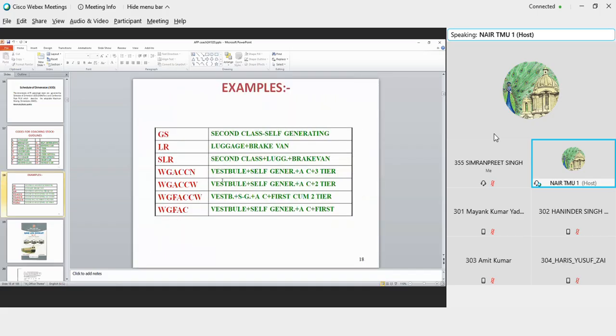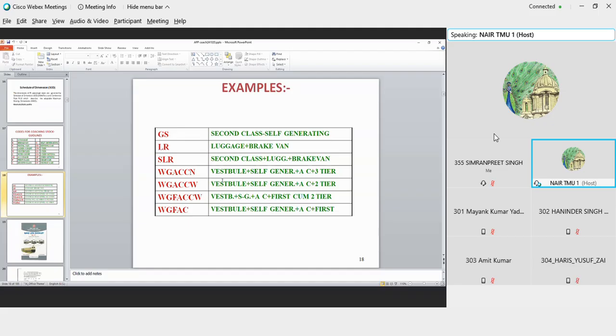What is a WGACCN? Now, W indicates it is vestibule. Vestibule is the connection between two coaches. On that platform or the fatta on which you jump and go to the next coach is called a vestibule. G indicates it is self-generating. There are two